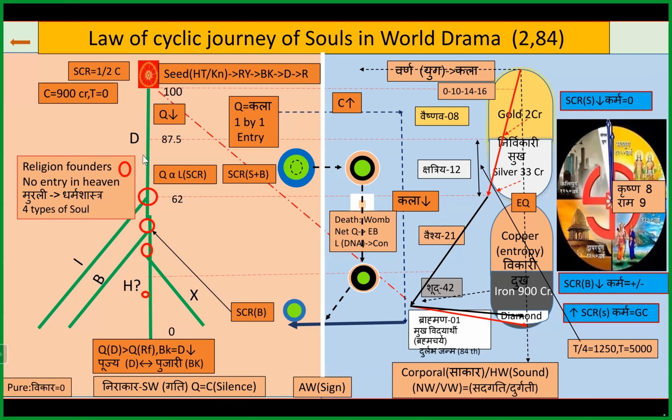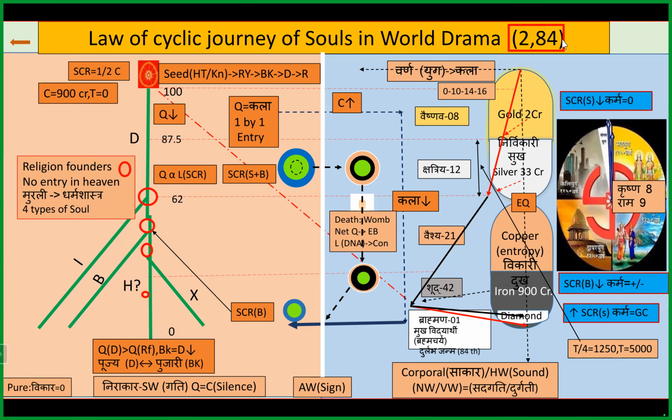Here we have seen the Q of the deity. We can see that there are 33 crore souls, which we have seen. Their Q, or the charge, is much higher than the religious founders, and only these deities become PKs, and these deities will become the puja. There is a cycle. We were worshipped because of our purity, and our temples are being made, and then we have also become the pujari because we have forgotten. So it is puja and pujari, that cycle is also going on.